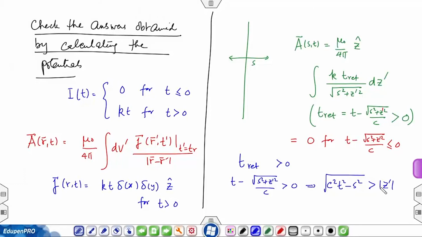So, again as we discussed earlier, if I want to calculate, I am going to the wire now, the A potential at this cross point, the only contribution comes from this distance between minus square root of c square t square minus s square to plus square root of c square t square minus s square, because only from this part of the wire can the signal reach S. Beyond that, the time is too short to reach this point. So, the integration is going to be between these limits, and therefore,